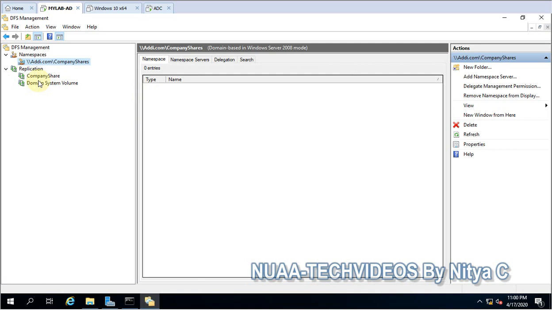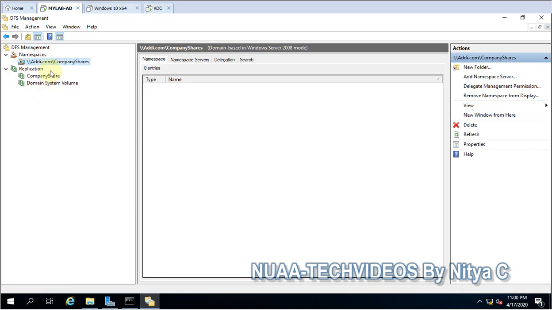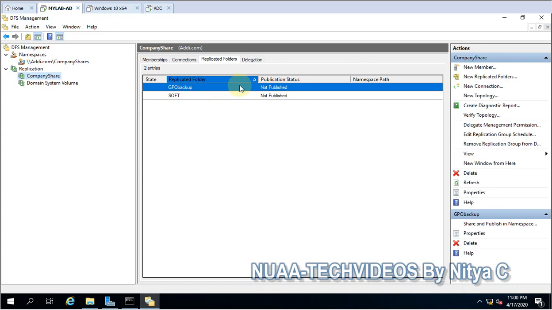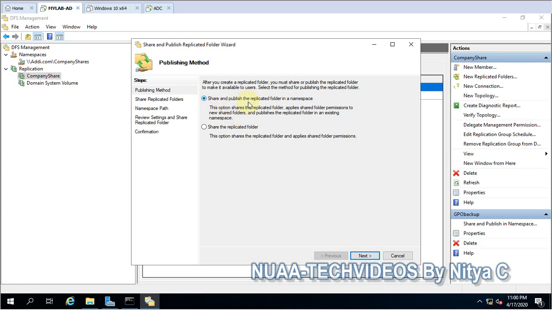If you don't want replication to happen, you can directly add the folders to the namespace. So I have these two folders, and let me share and publish them in the namespace one by one, the replicated folders.